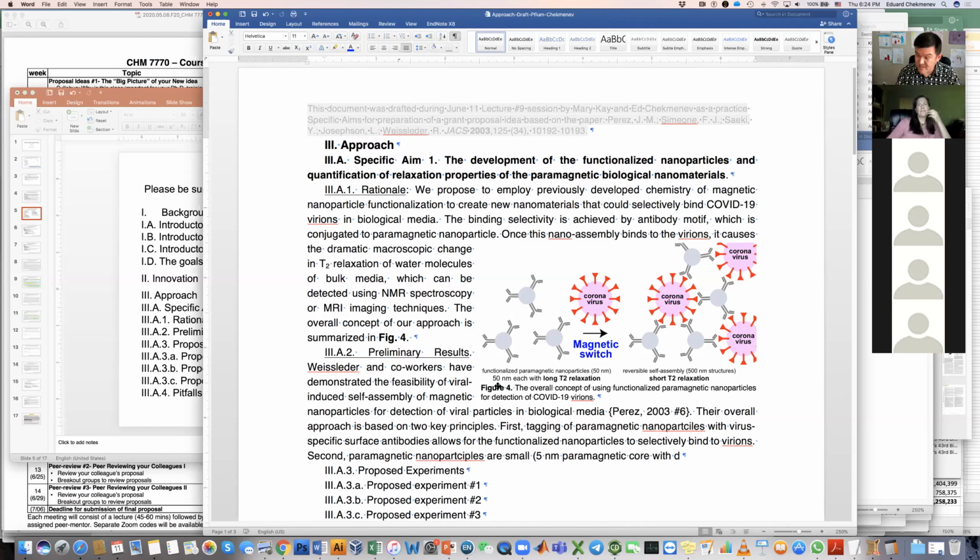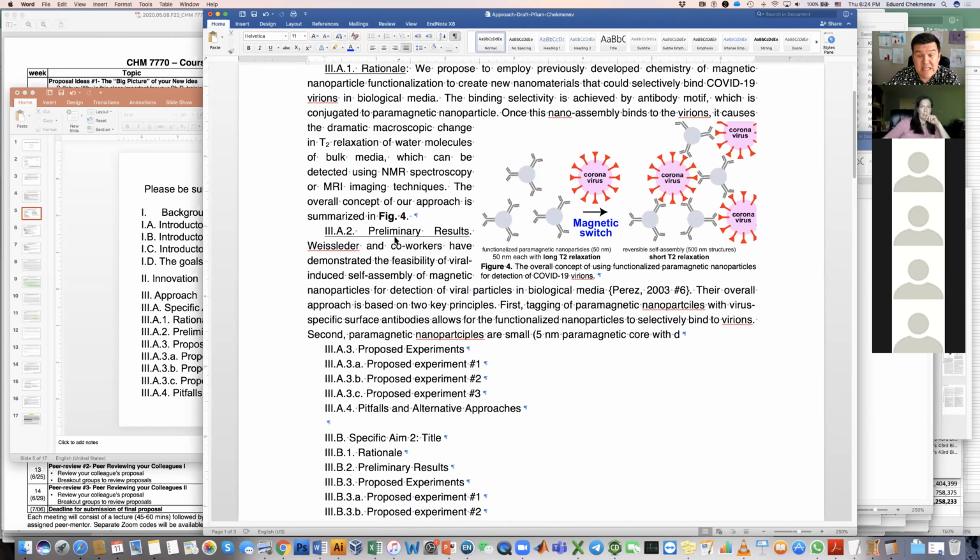And as a result of that, it makes reading the proposal more and more challenging. So obviously, we're not going to have preliminary results in this proposal because we haven't done anything. And I'm going to actually not necessarily delete this section. I will leave it alone because this is kind of like background. But I will still add a few sentences here along with my rationale, explaining what this method is based on and where we want to take this method with respect to the experiments that we will be planning on